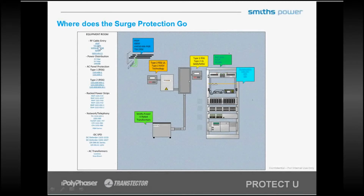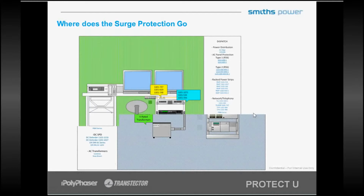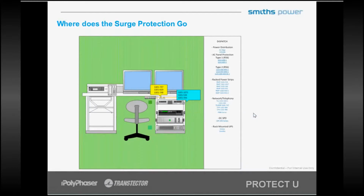And so there's a large opportunity for protection product because of all of that sensitive communications. All that copper coming in and out of those racks is an opportunity for protection to provide value for that station. And then finally, at the actual dispatch console, which is a critical part of this whole land mobile radio network,